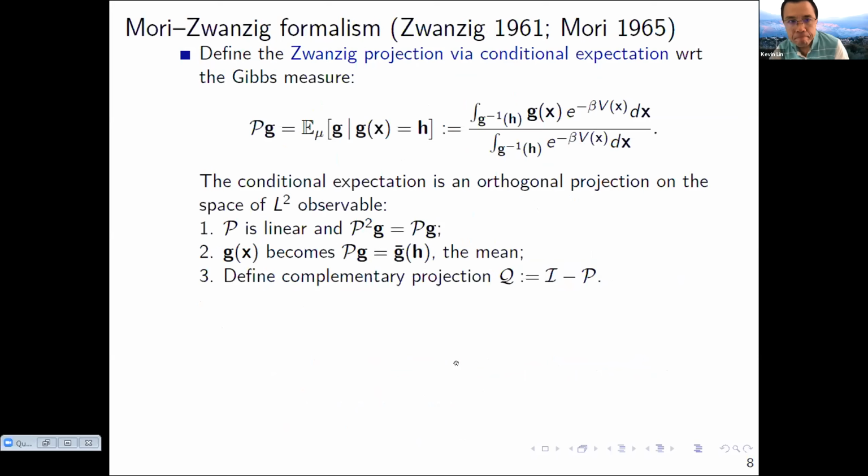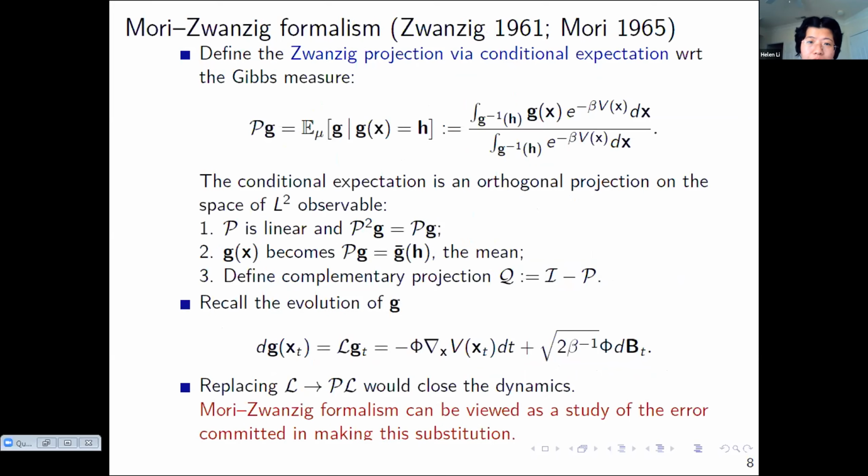So on this slide, let me briefly introduce the idea of Zwanzig projection. The Zwanzig projection is defined via the conditional expectation with respect to the Gibbs measure, which is given here. It's easy to verify that this P operator is linear and an orthogonal projection. Then we can apply this Zwanzig projection to the evolution of G and obtain a closed equation for G. So basically, the idea is we can replace this part, which is not closed for G, by the projection